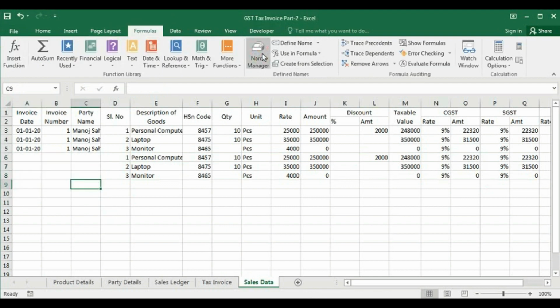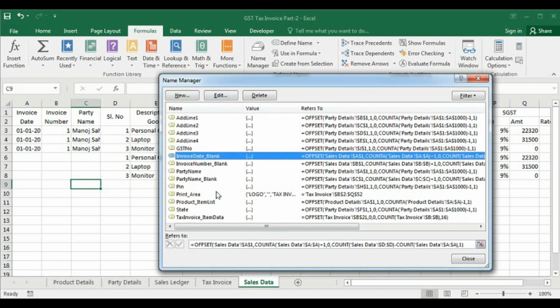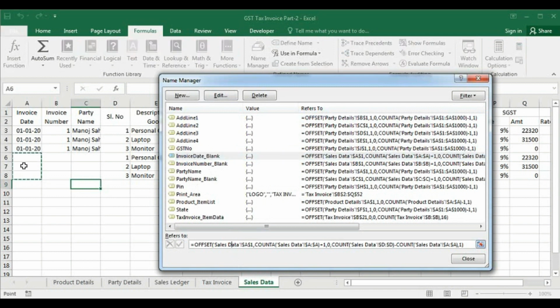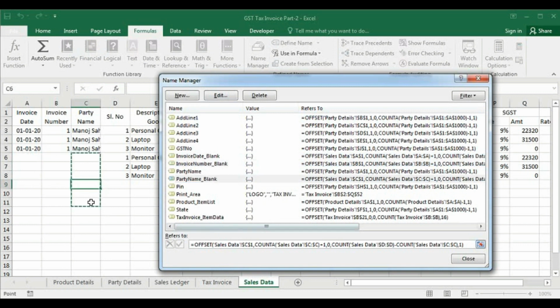So go to Formula, Name Manager. First check the invoice date blank. It is taking perfectly well. Invoice number, it is also taking good. Party name is doing some mistake because these two are numbers, so COUNT works with them, and these are text.